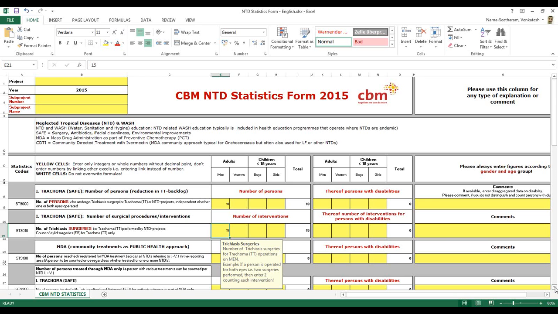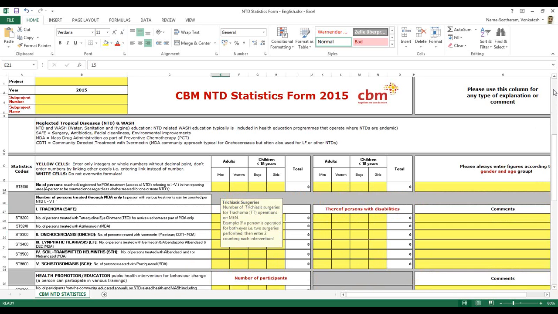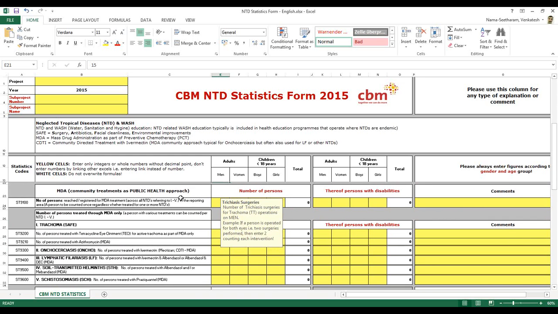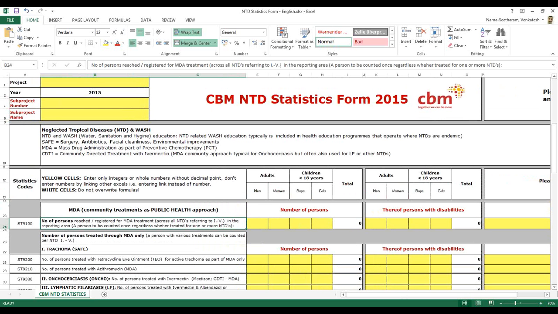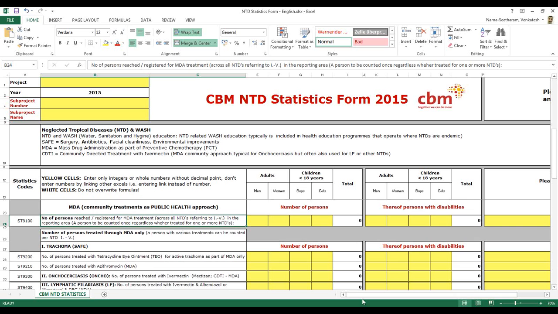Okay, then the next line would be, as MDA is a public health approach, the first line will be how many persons and how many persons with disabilities. I'll just read it out.